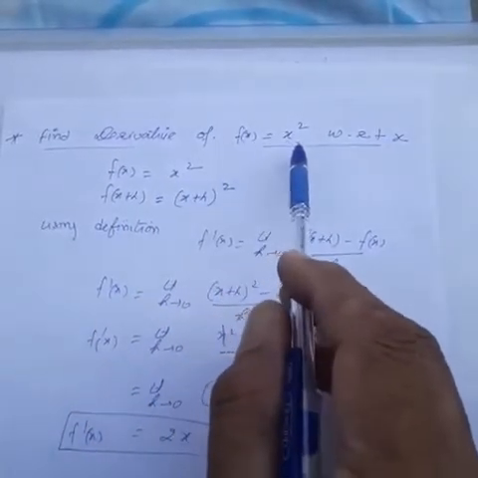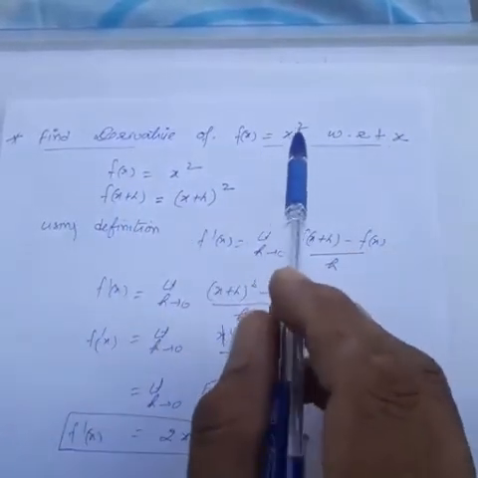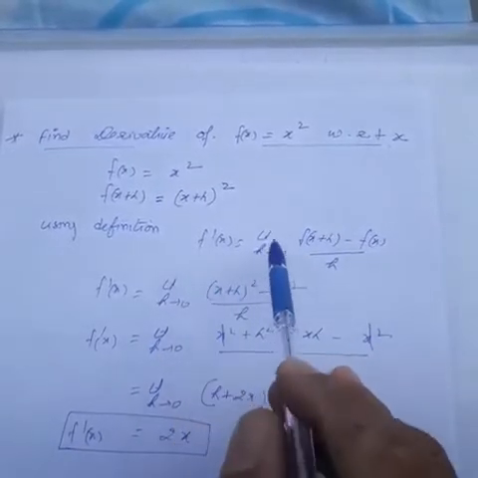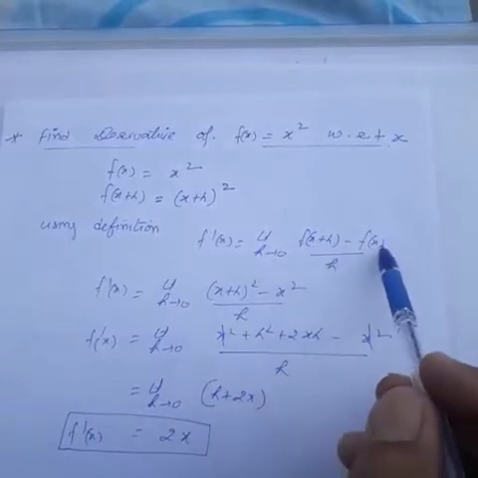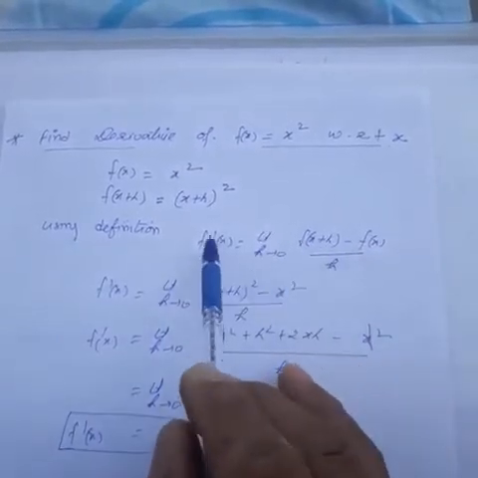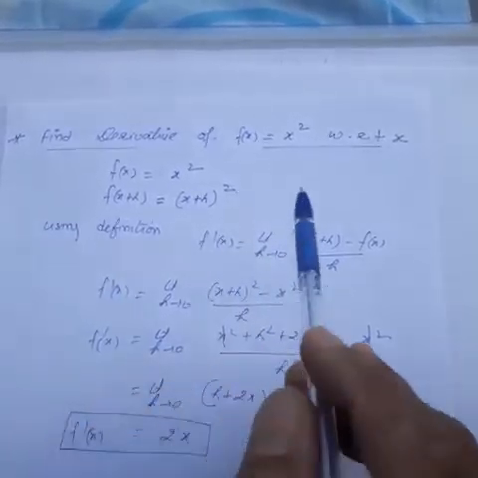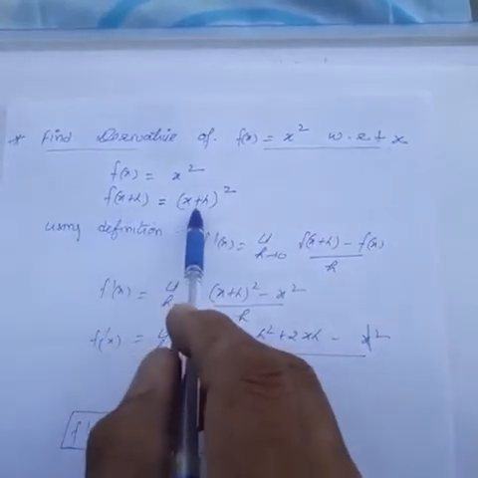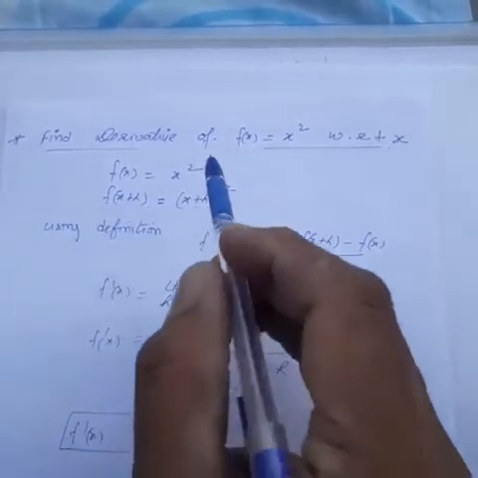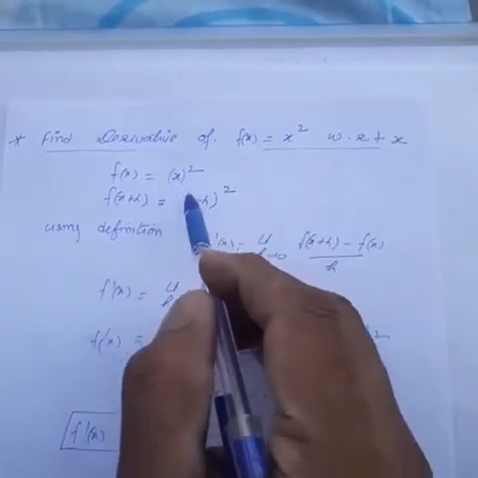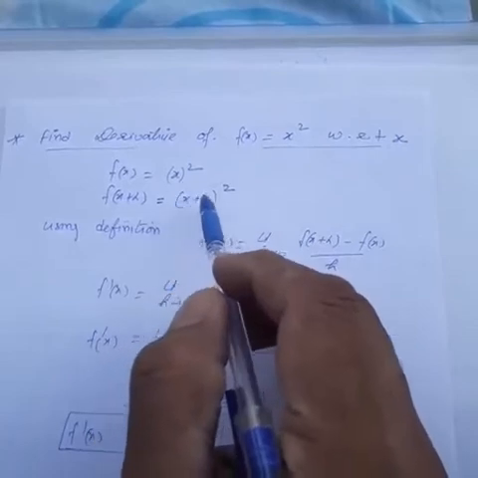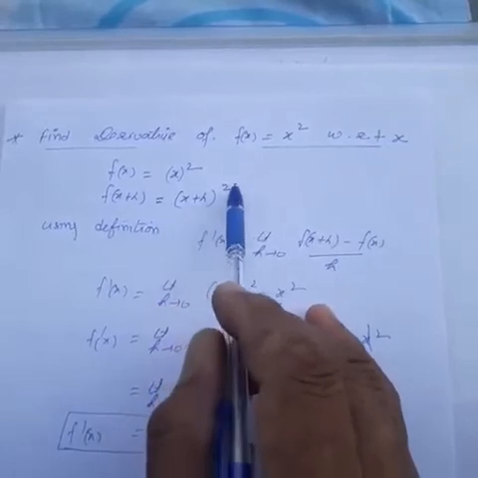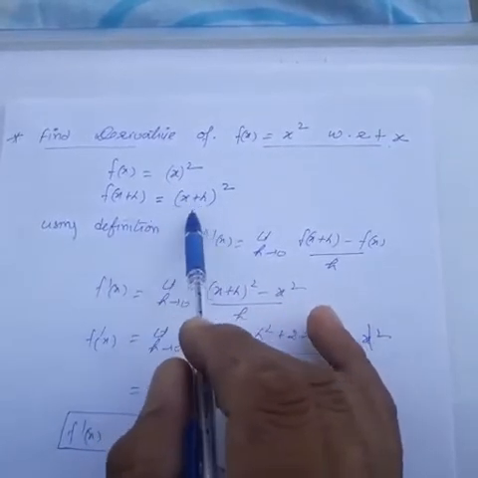Find the derivative of x square with respect to x using the definition or using first principle. So this is the definition of the derivative. f'(x) is equal to limit h tends to 0, [f(x+h) - f(x)] upon h. So we will use this definition to find f'(x), solving the right hand side. Now let f(x) be equal to x square. Find f(x+h). To find f(x+h), replace x by x+h after applying brackets. If you don't apply the bracket, it will be wrong. So it will be (x+h) whole square. Replace x by x+h using brackets.